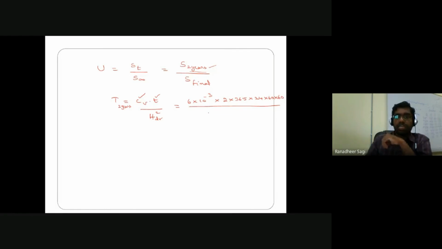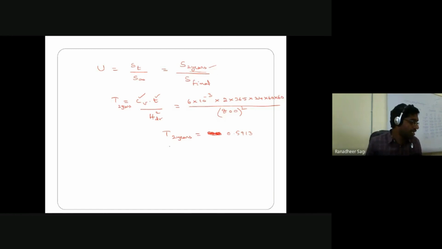What is HDR here? It's a one-way drainage. So HDR is equal to the height of your clay layer. So height of the clay layer is given as 8 meters. So 8 meters I am converting into centimeters, which is 800 centimeters. Time factor value 0.5913 is the time factor value corresponding to 2 years. Now, let me go to the relation what we had between your time factor and degree of consolidation. Okay, now the time factor value is known.